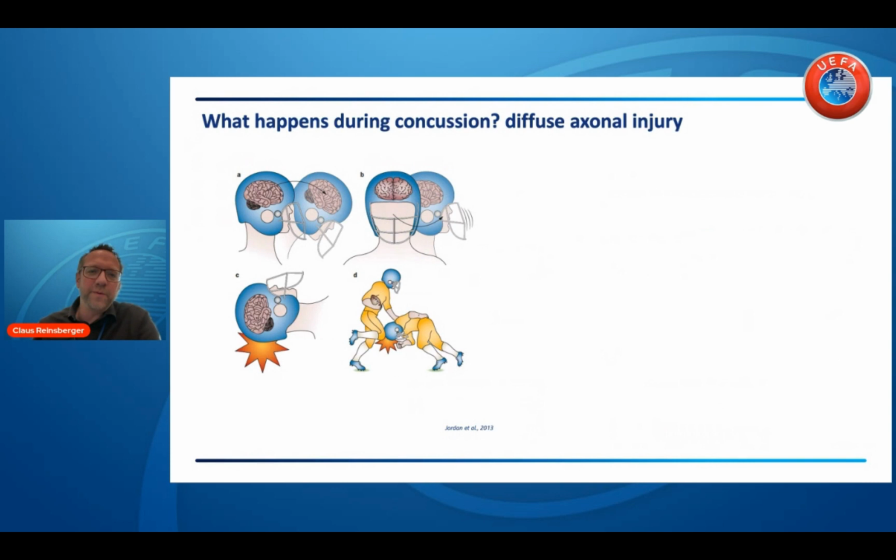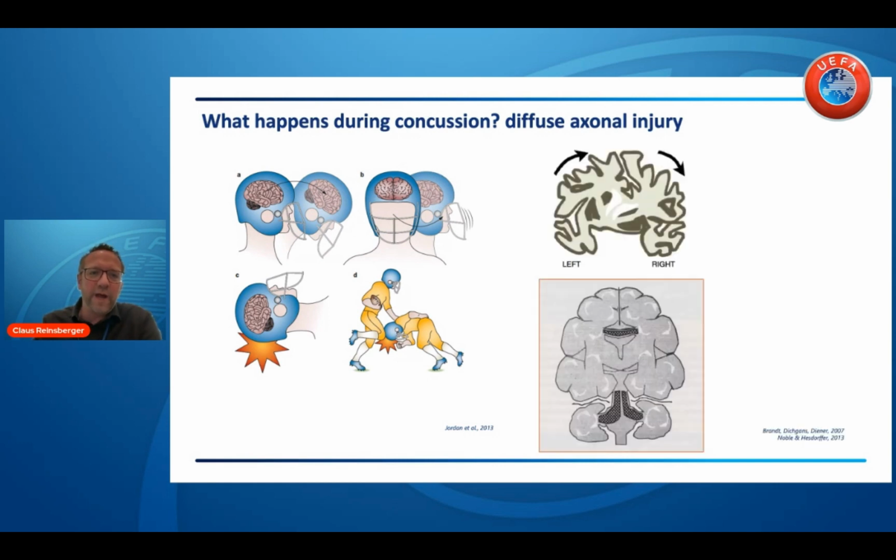And if we think about what happens during a concussion, those concepts have quite emerged. We used to think that the brain swaps back and forth, and we have a coup-contrecoup pathomechanism leading to our clinical picture. But as a matter of fact, it's not that easy, especially in those mild forms of mild TBI. We rather have a different pathomechanism that is depicted here, because the brain is not a homogeneous mass that swaps back and forth, and the brain is actually connected to the inside of the skull via the dura meninges. And just because of these anatomical peculiarities, when a translational force is applied to the skull at one part, focally towards the brain,